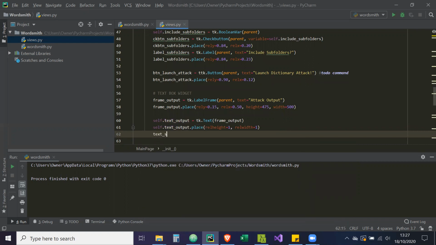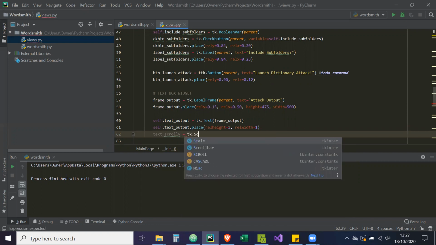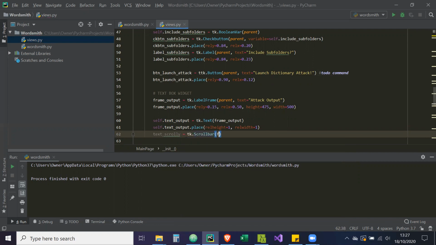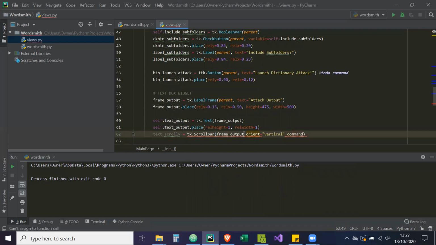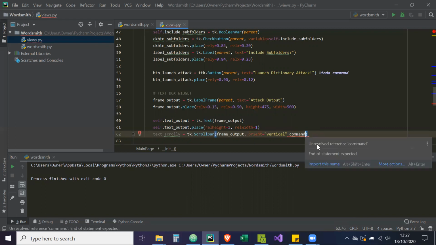So text_scroll_y is equal to tk.Scrollbar, frame_output, because it's going to be part of the frame. And the orient, so the orientation of it, is going to be vertical. And it needs a command, which we can do now. So frame_output, comma, orient, and then the command is going to equal